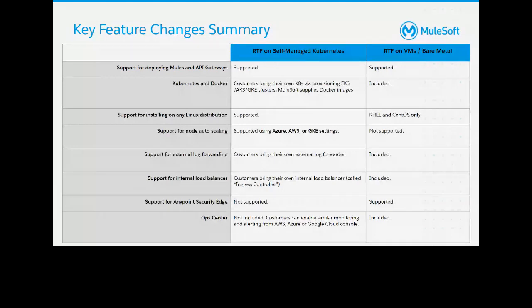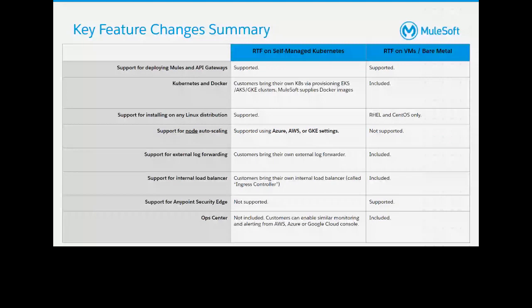The OS, in the case of appliance, only Red Hat Enterprise Linux and CentOS is supported. Whereas for self-managed Kubernetes, any Linux or OS distribution that is compatible with your AKS, EKS, or GKE environment is supported. No, node autoscaling is not supported in the appliance model. Whereas on self-managed Kubernetes, you can leverage your AWS, GKE, or Azure capabilities to perform node autoscaling depending on the needs. External log forwarding is packaged in the appliance model. It is included